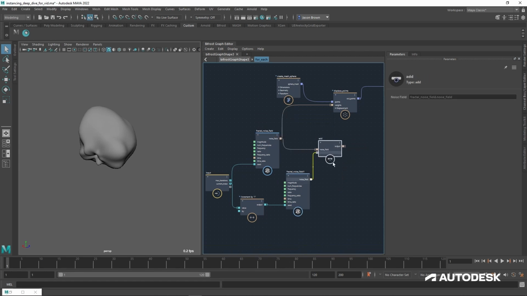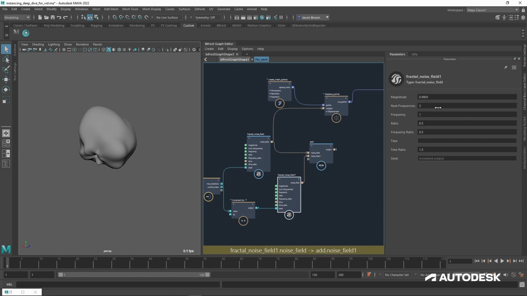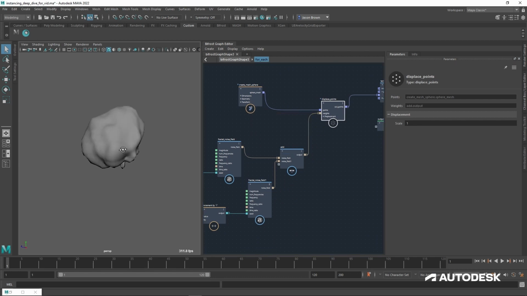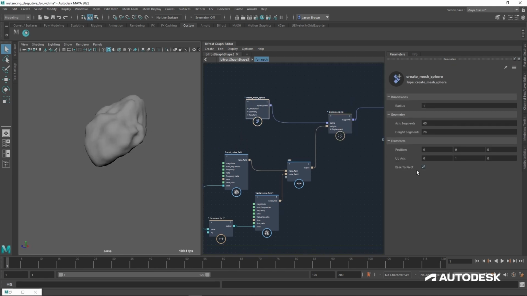And you remember I went 4 times that, so this is about 1. Let's take the magnitude down to 0.25, which is about a quarter of the magnitude. And we'll just plug that in. And so what that's going to give us is just a little bit more surface detail. Something I'm going to check is what happens if I do that. It's looking a little better, a little bit more rocky. So I think we'll go with that for our rock.